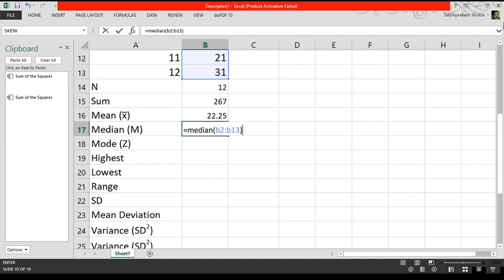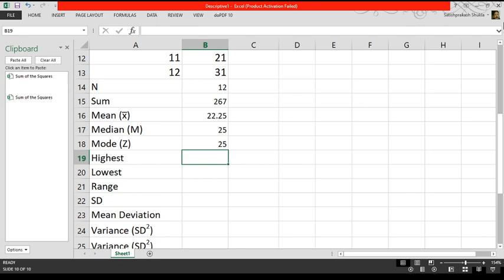After closing the bracket, we press enter and we get the value of median. Here it is 25. Now we write this function to find the mode: =MODE and the data range in bracket B2 to B13. Then after closing the bracket, we press enter and we get the value of mode.